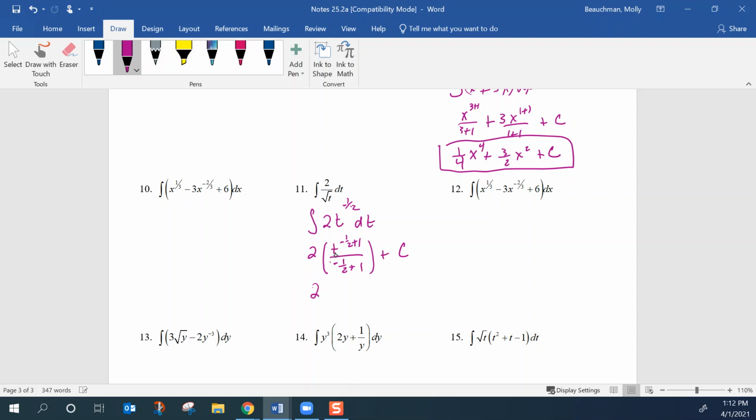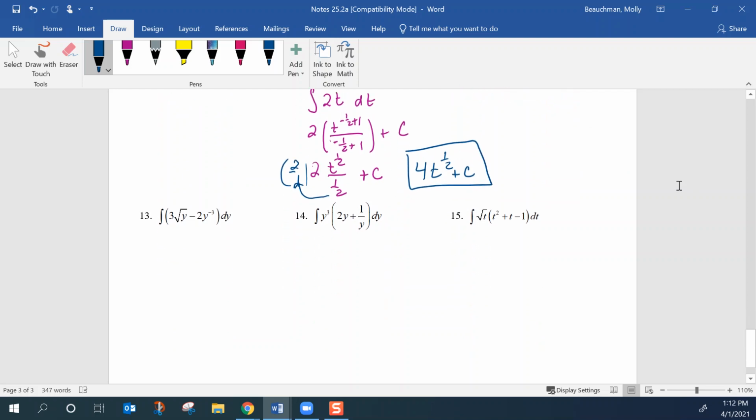That gives us t to the power of negative 1/2 plus 1 is t to the power of positive 1/2 over 1/2. When you're dividing by 1/2, it's the same thing as multiplying by 2 over 1. So we end up with 4t to the 1/2 plus the arbitrary constant. Last example,